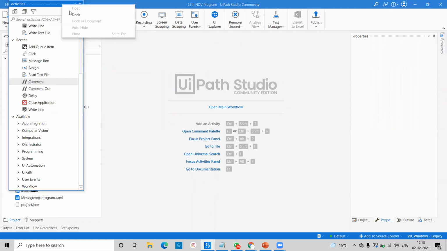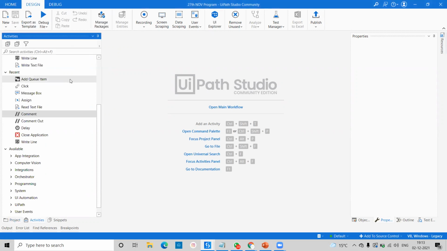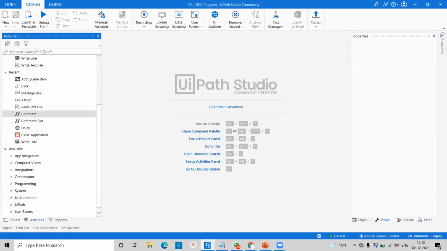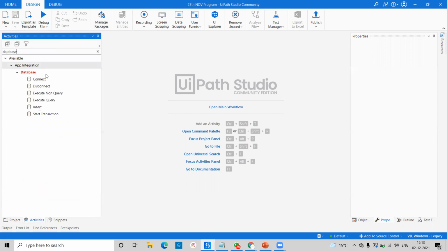Okay, so if you right click, there you will get the doc, automatically it will come here. Whatever activity you want to automate, like the PDF, database, Python, for that you have to install some dependency. Like that you can see here we have installed this PDF, we have installed the database. Due to that, whenever you pass the database name, automatically we'll get all the activities. If you install you will get them, otherwise you will not get. Okay, so how to install I will also tell you.